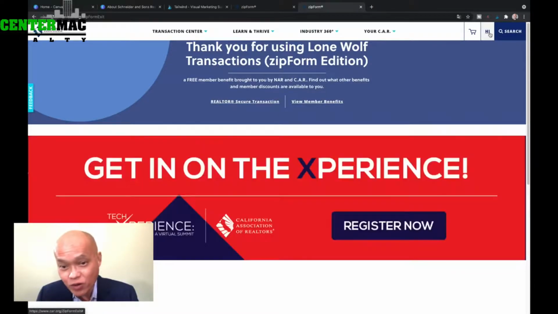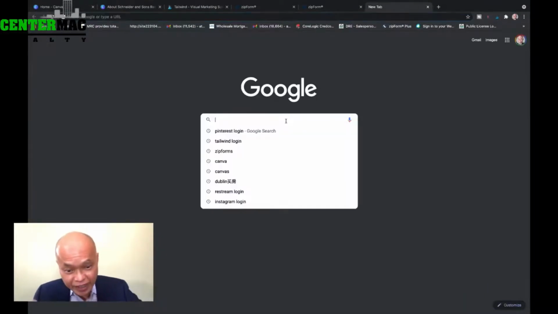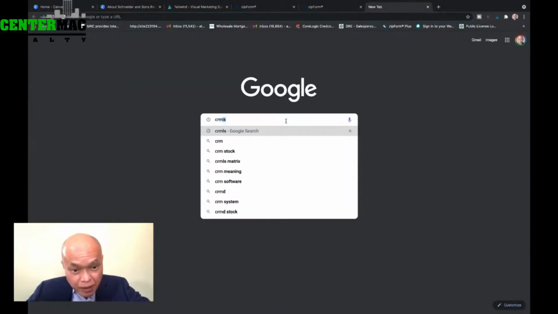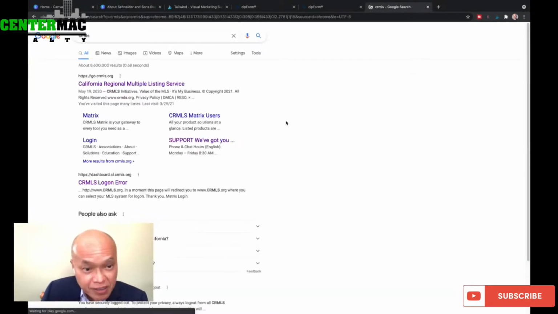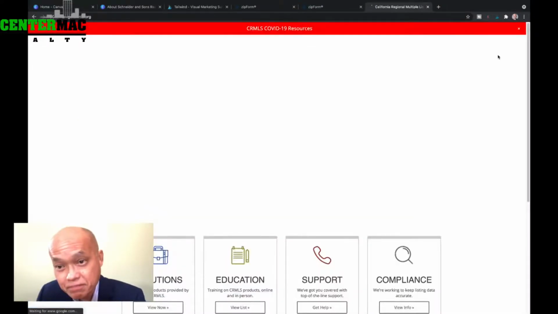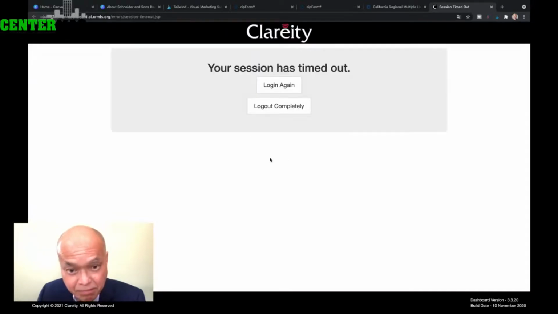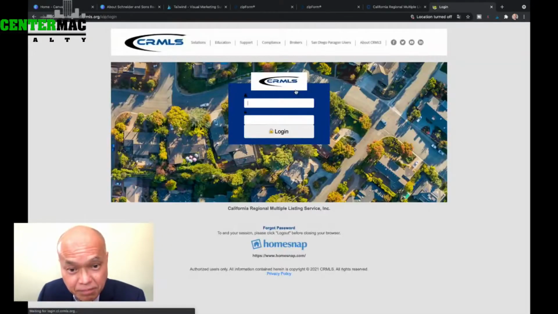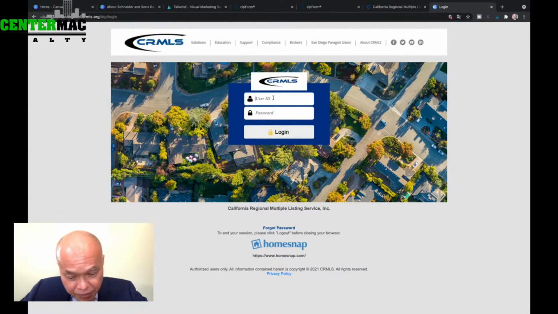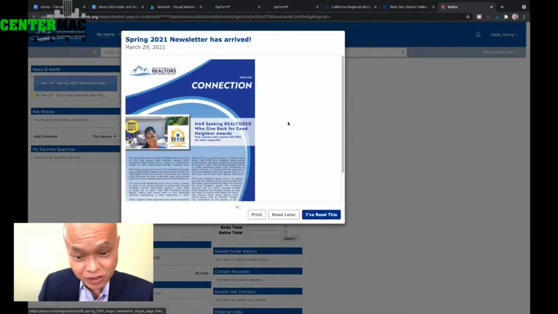Before I go to ZipForm, I want to take you to my CRMLS. That way, we can actually use some real listing in preparing our ZipForm. So I'm going to punch in my user ID and my password. Now I'm just going to use a commercial transaction that I find in the MLS for the